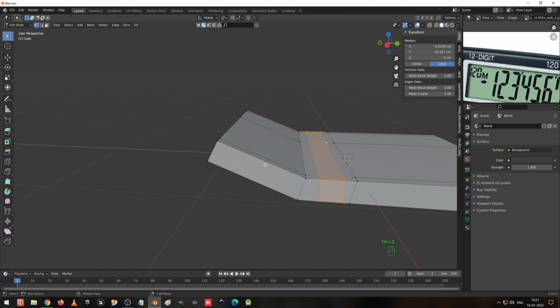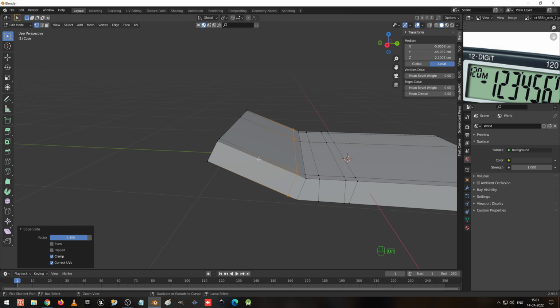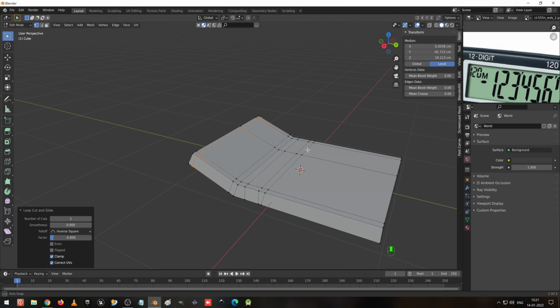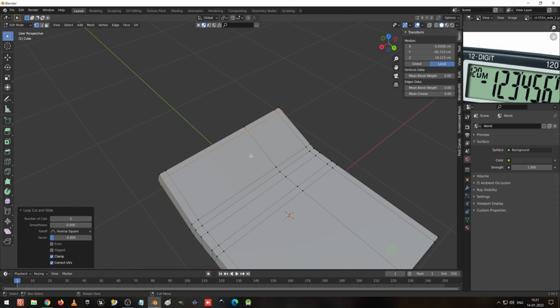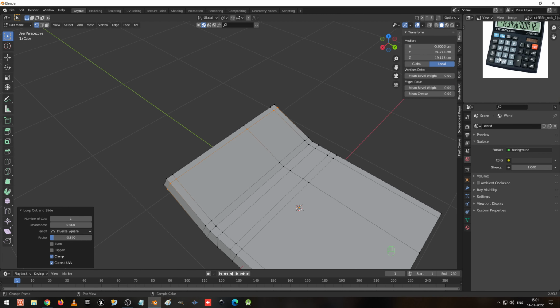Okay, instead of doing like this, I am going to create one edge loop and drag it up to here using the control key. I double G and use the control key, 1, 2, 3, 4, 5, 6, 7, 8. Okay, so now using the control key I have moved it, and the edges that are required have been created, and we are going to smooth the corners.